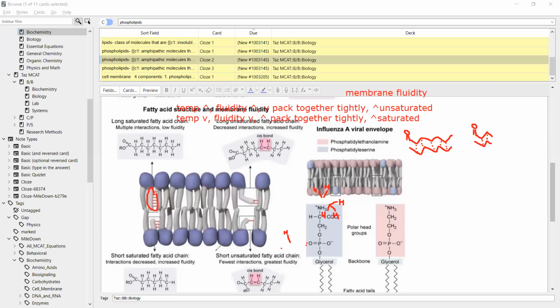Like this also confused me so much when we talked about temperature and boiling and stuff. I had to undo a lot of the things that I thought were correct but weren't. In this case, when phospholipids are longer, there are more spots for them to do this van der Waals bonding. So longer chains pack together better, whereas shorter chains don't have that many